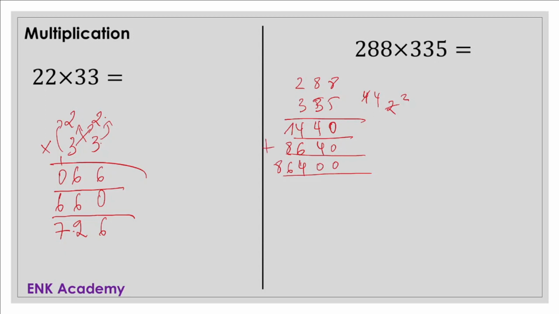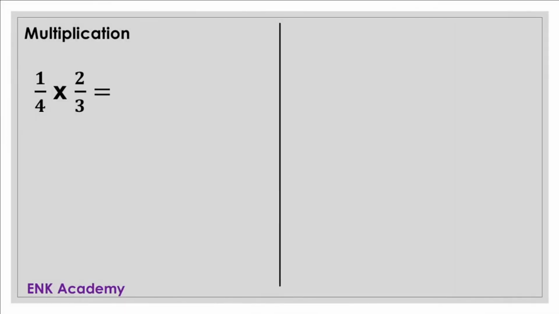We have addition. 0, 4 plus 4, 8, 4 plus 6 plus 4, 14. We have 4. We carry on 1. 1 plus 1, which is 2, plus 8, 10, plus 6, 16. We have 6. We carry on 1. And 1 plus 8, which is 9. And this is the result of the multiplication of two integers. So to multiply two fractions, you multiply the numerators and then you multiply